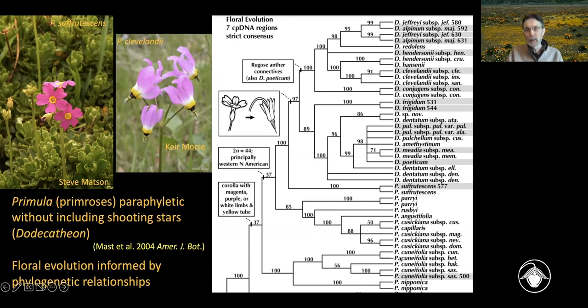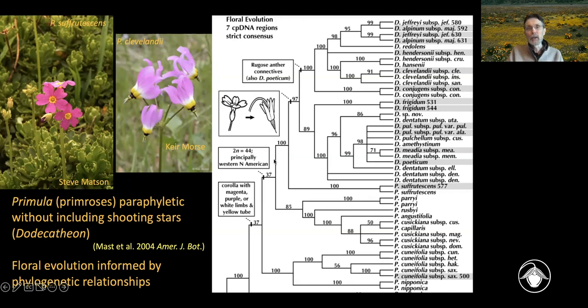So here we can see these are all different species of Primula forming lineages branching off of this backbone here. So if we look at the base of Primula, which is actually off the bottom of this slide, it would not only include all the species of Primula, but also all the species of Dodecatheon. So Primula is paraphyletic without including the shooting stars. Now it's important to realize that this phylogenetic result was super informative, because this pattern of having one genus nested within another